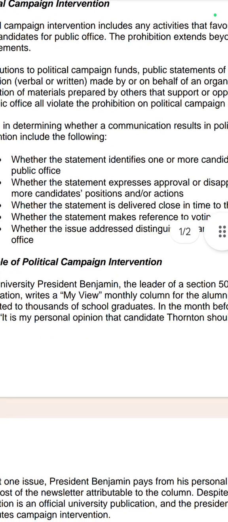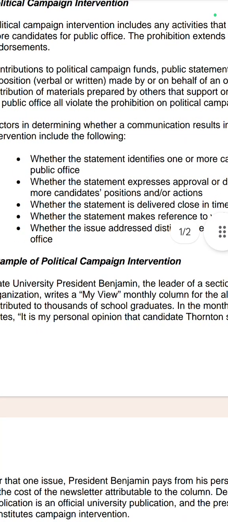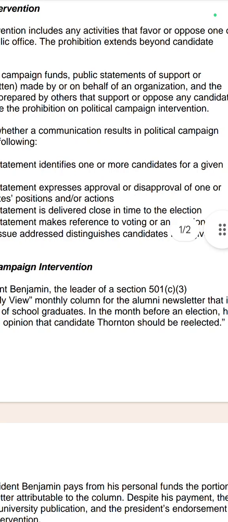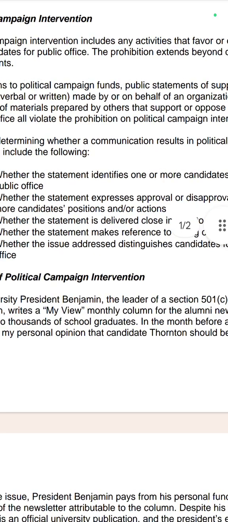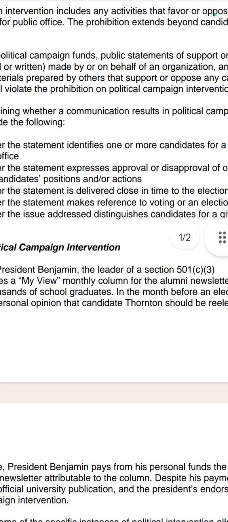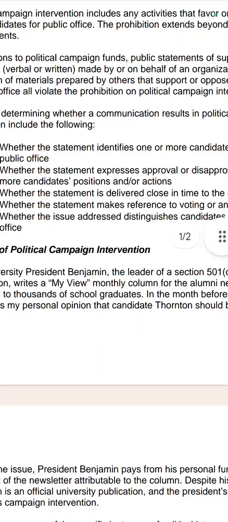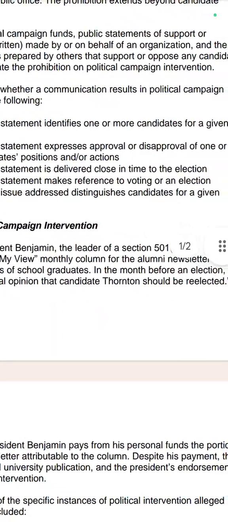Whether the statement expresses approval or disapproval of one or more candidates, positions, and or actions. Well, the action that Robert F. Kennedy did was filling in his address, filling the forms in to be the candidate. They disapprove of it. They're disapproving of him doing the action of filling his form in, right? Whether the statement is delivered close in time to the election. Whether the statement makes a reference to voting or an election. Well, it's making